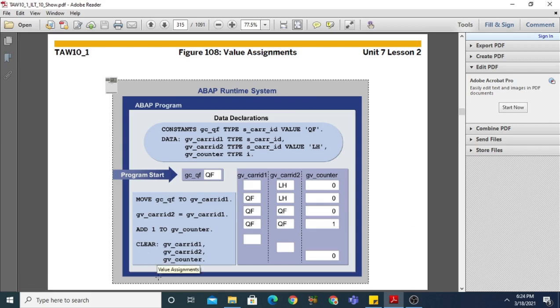The clear statement is generally used to reset the value of the object, and resetting the value of the data object depends upon the data type of the data object. If gv_char_id1 is of type string, it will reset the value of the data object to the null value, and if it is of type integer it will reset the value of gv_counter to 0.